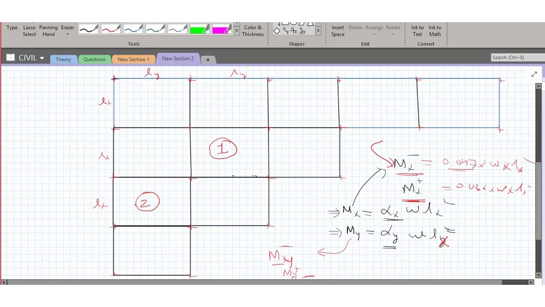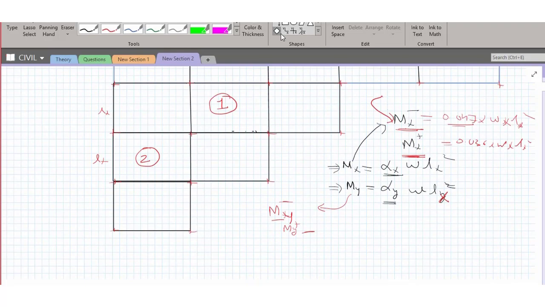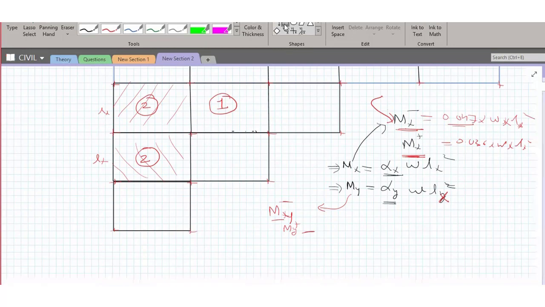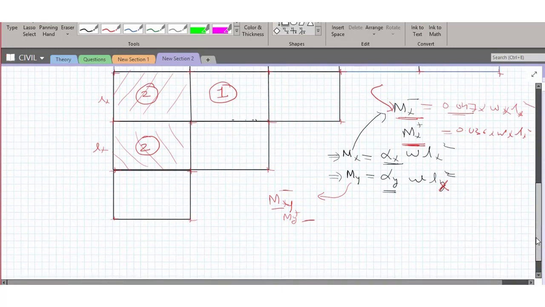Also, if I make one more panel, this one also has one short edge discontinuous. So this slab and this slab have a case where one short edge is discontinuous. Let me make one more panel so that I cover all the panels.